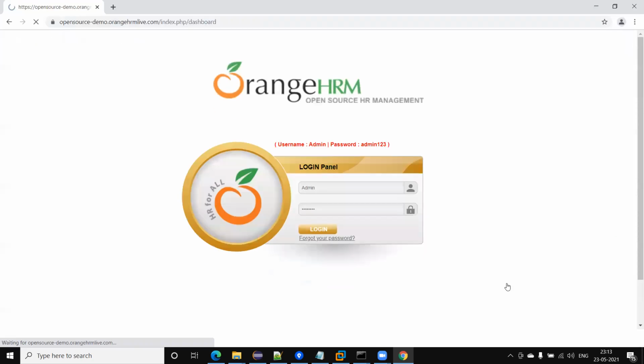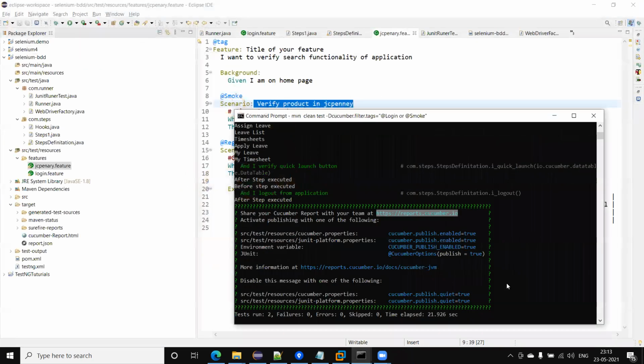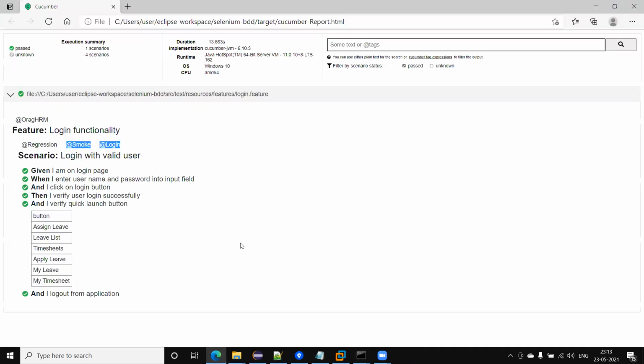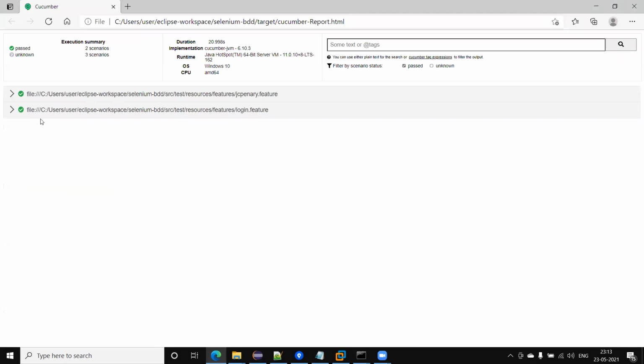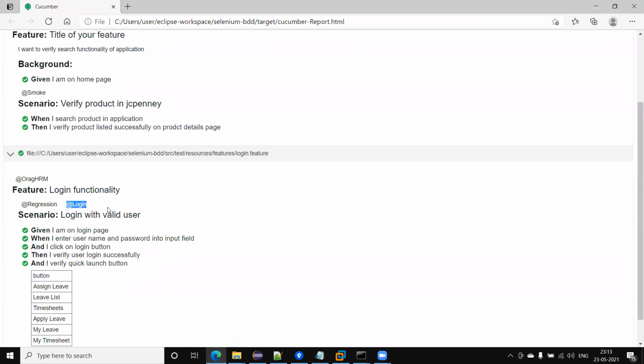One scenario is executed, now it is going to execute the other one. Let me show the report now. If I refresh this, you will see this smoke scenario is executed, and this login is executed.